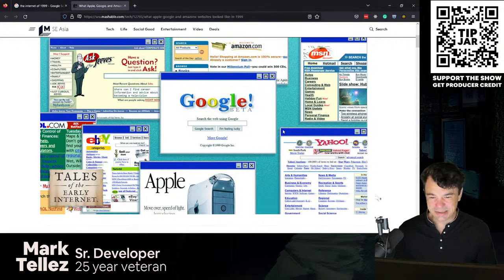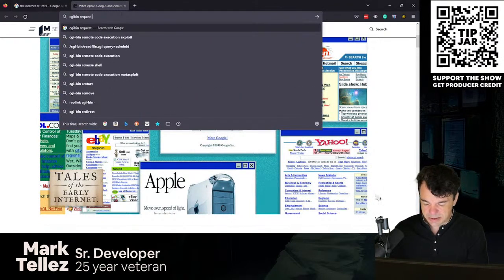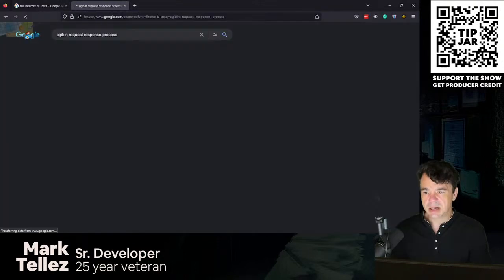We had Ajax, we had all that stuff, but our HTML was still just HTML, and the JavaScript was in the HTML. And there was no way to really program HTML in the sense that you could say, this block of HTML shows up if this variable is true, or the other block of HTML will show up. Couldn't really do that. So what happened is that cgi-bin thing that I was talking about, the cgi-bin request response process,